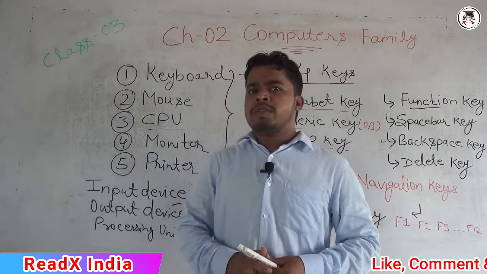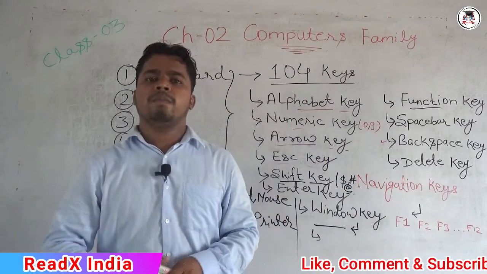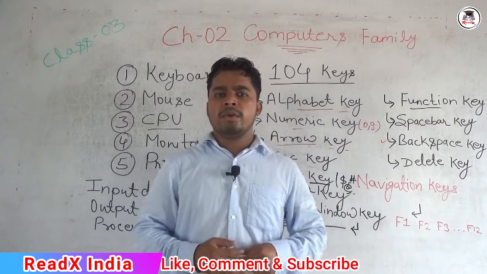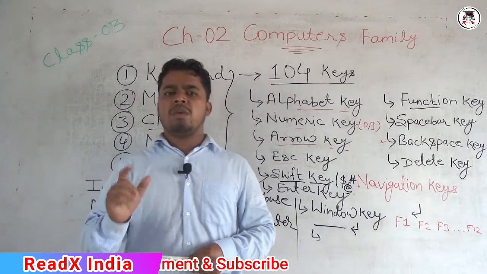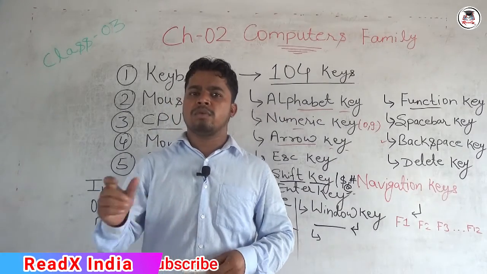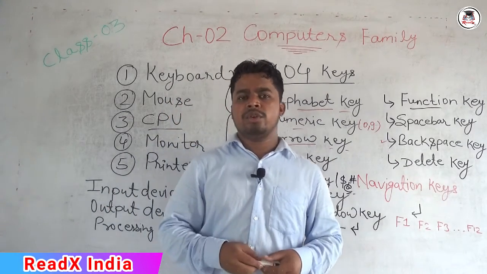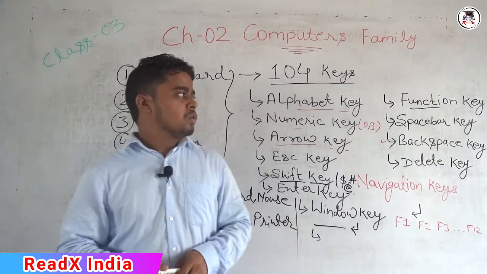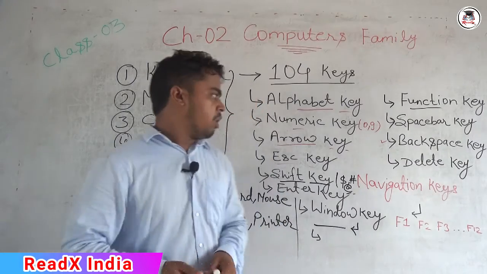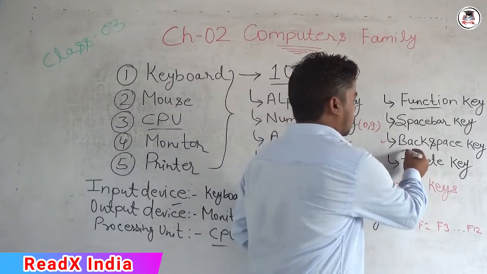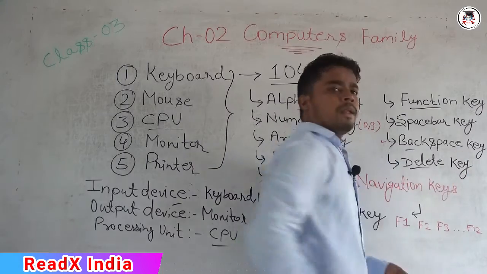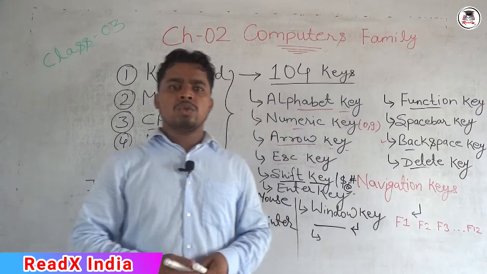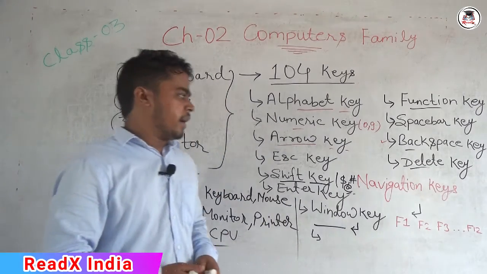Basically, suppose we have typed something in a particular line, and we want to delete some of those characters or words, which we want to remove. For removing them you can use two keys, that is delete and backspace. Both of these keys you can use. The difference is like this.